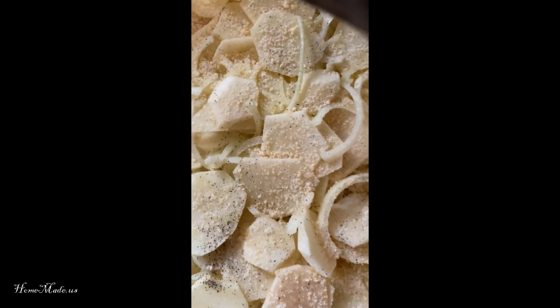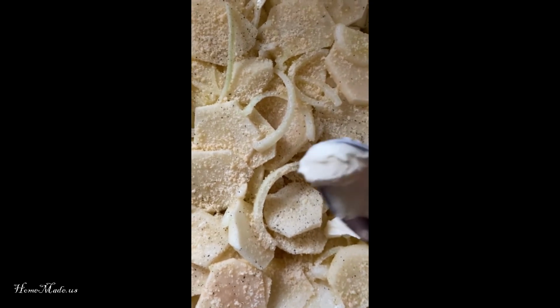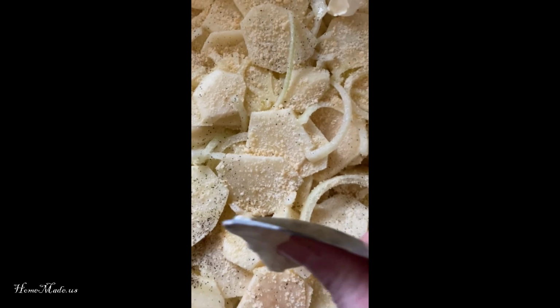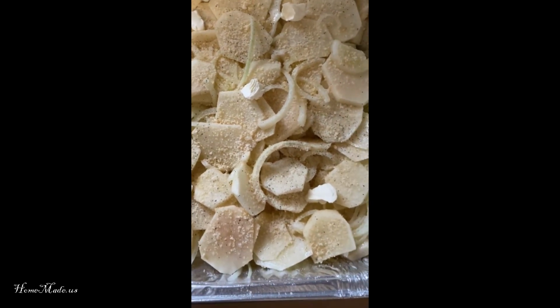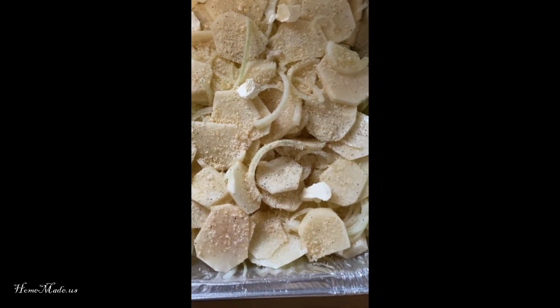And then I only add a few little dollops of butter or margarine. Just in the corners. And center. And that's it. So now I'm going to cover this with aluminum foil, and I'm going to put it